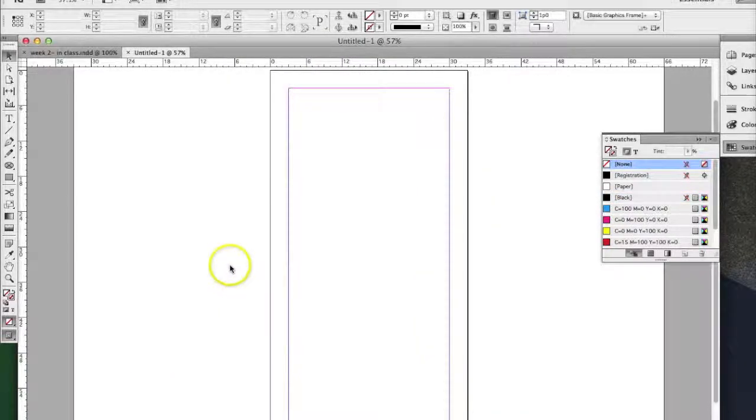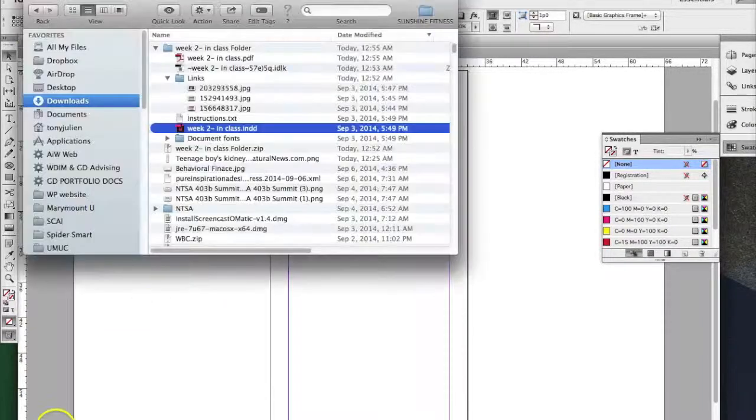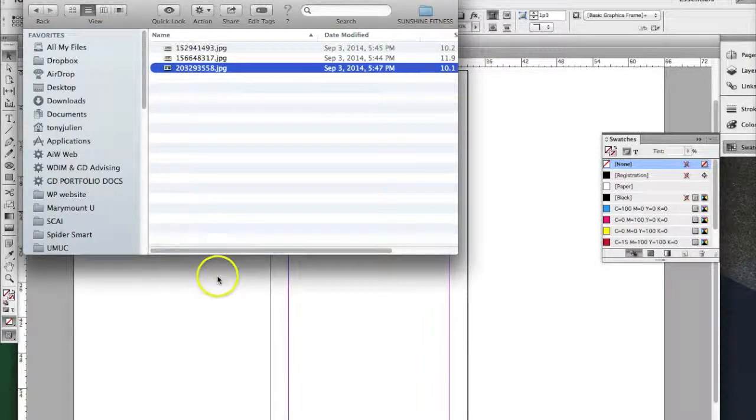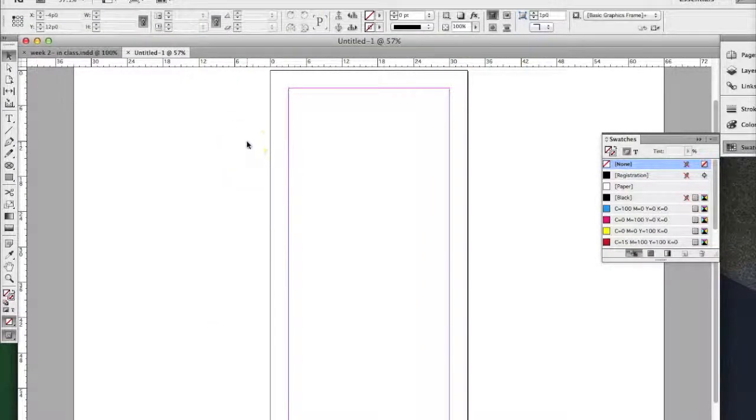Okay, now that I have my document set up, you'll need three images in your document for this to work. I already have my three images, and they are saved on my desktop in a folder called Links. I have three JPEGs, which are fine for this tutorial. So I want to be able to bring in these three images into three boxes, and the boxes are 2.5 inches wide by 1.5 inches high. So the fastest way to do that is to click on the box tool and click anywhere inside your document,